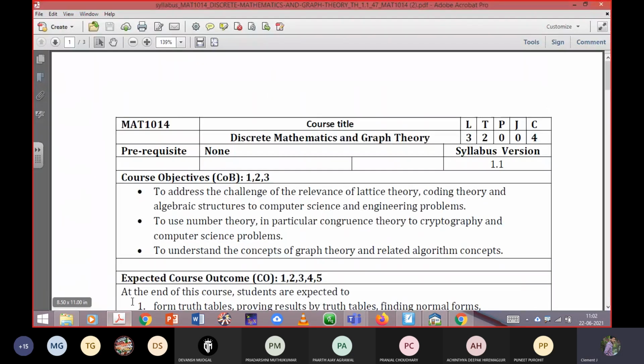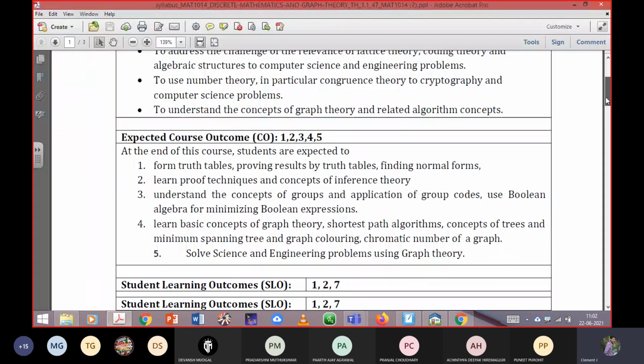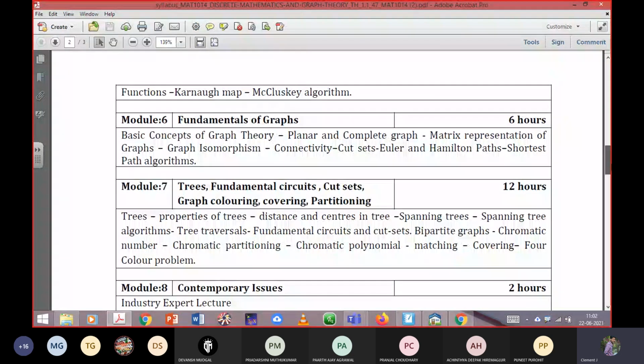Okay. So already in the syllabus, I have told you there is an important topic pending in Module 6. We have already finished the other important problems like graph isomorphism, adjacency and incidence matrices. We also discussed Euler and Hamiltonian paths and circuits. Still there is one more important topic in Module 6: the shortest path algorithm.